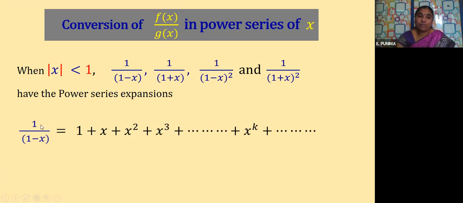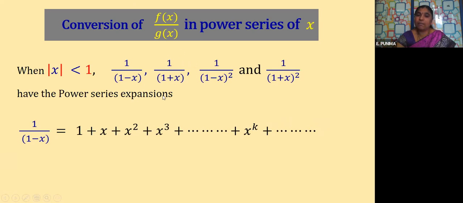So what we get here, 1 by 1 minus x is equal to, this can be remembered as a formula, children, 1 plus x plus x square plus x cube plus so on. x to the power of k, somewhere in between, is nothing but our kth term. Like this you will get the quotient terms. It will be a never ending process, children. So this is the infinite power series expansion. Is it clear?